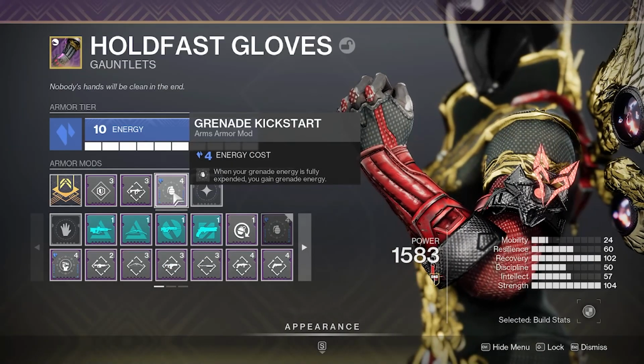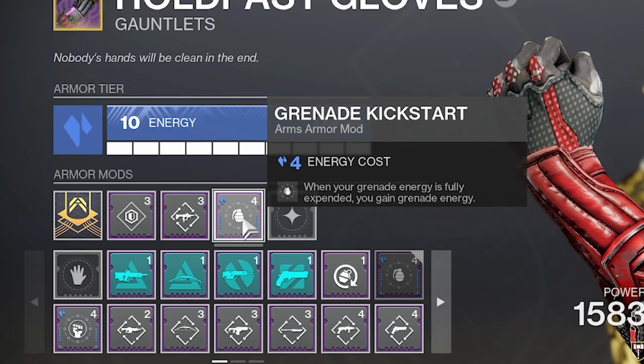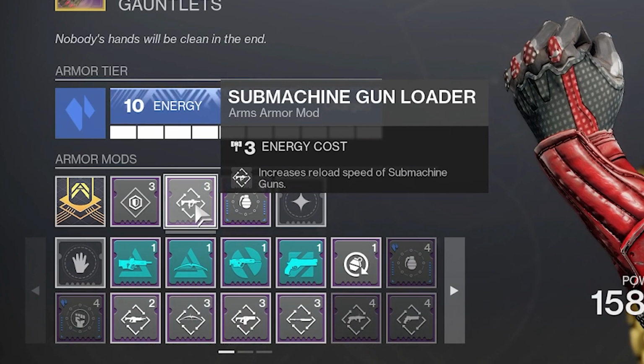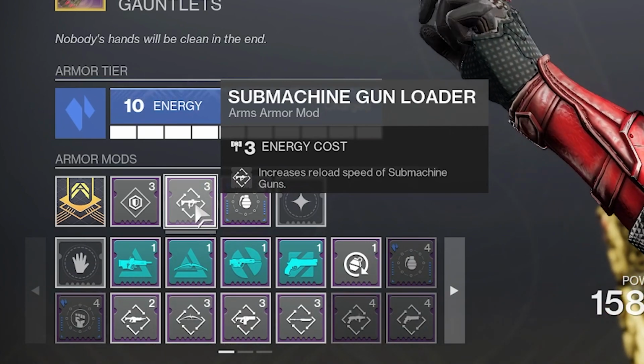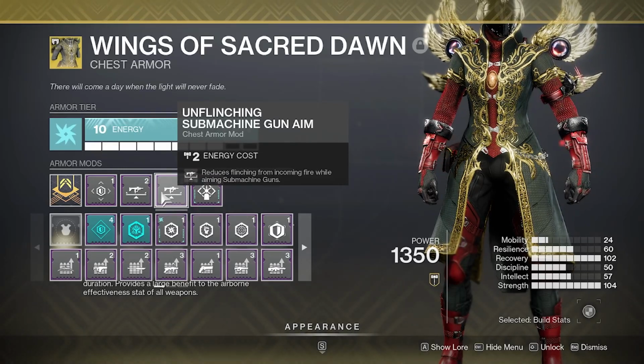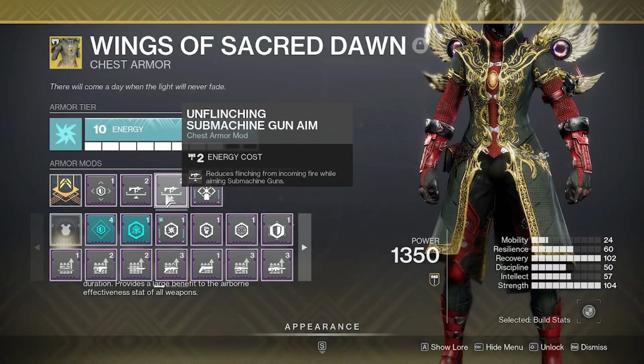On your gauntlets, throw on a grenade kickstart mod so whenever we consume our grenade, we will get a small bump of grenade energy in return. I also have an SMG loader mod equipped, which will help with Manticore's reload speed. On Wings of Sacred Dawn, I have 2 SMG unflinching mods to even further reduce the amount of flinch that I will receive, making it way easier to hit